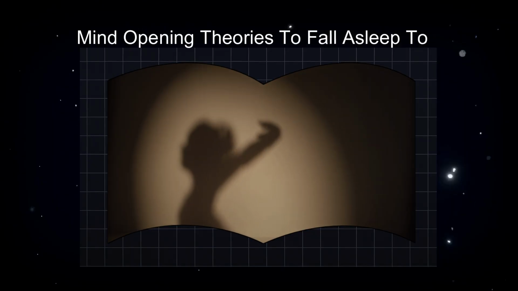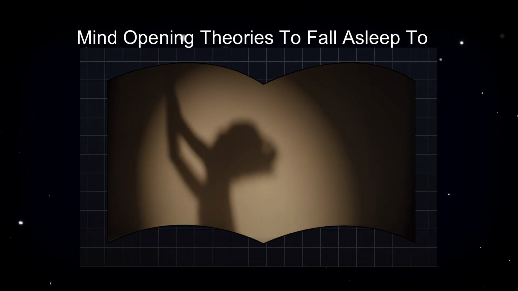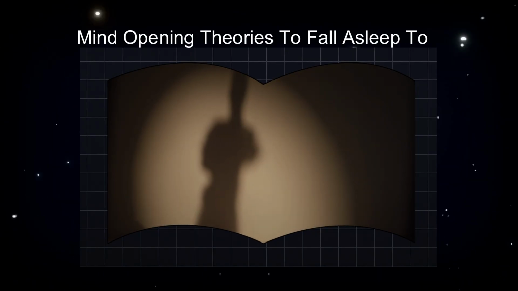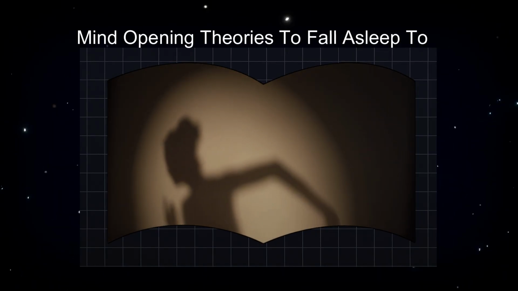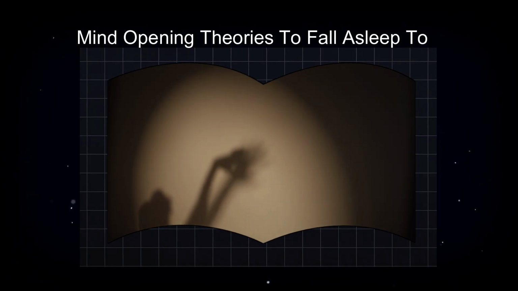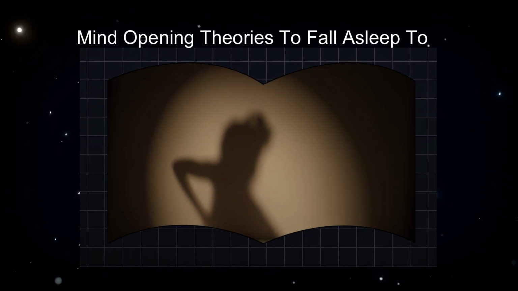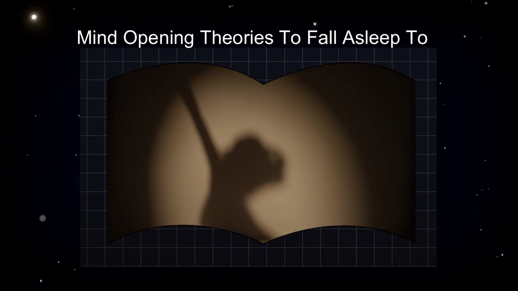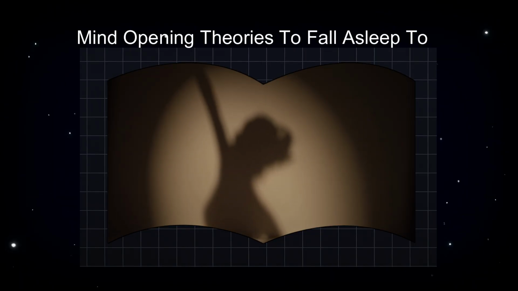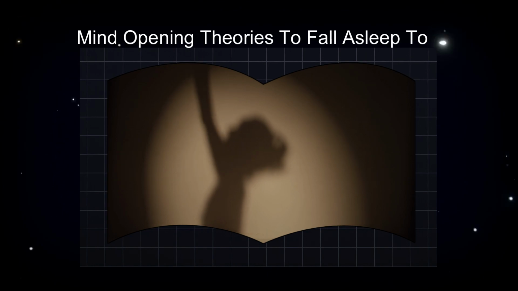A decision in the present affects the outcome of something that happened in the past. In classical physics, that should be impossible. But in Wheeler's view, it's exactly what quantum mechanics suggests. Reality, it turns out, may not be fully real until someone looks. Wheeler called this the participatory universe because it means we're not just observers, we're participants. We don't just see the universe, we help create it.